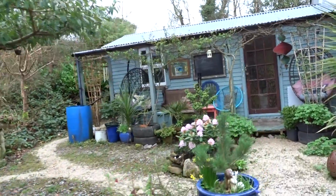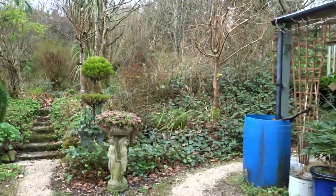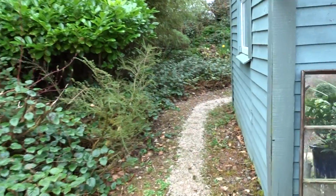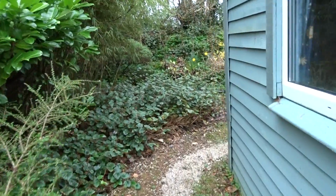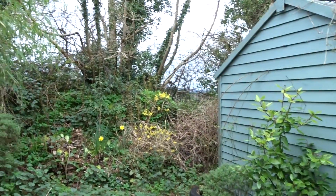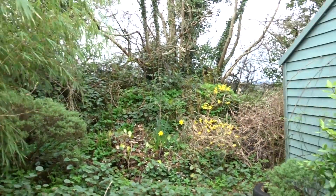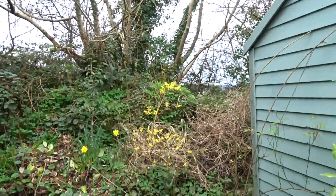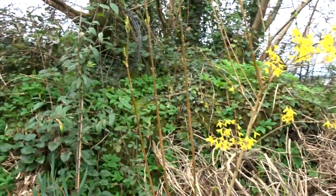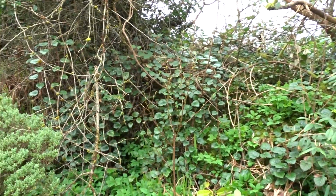I'll just take you around to the side where we started off our video yesterday. And this is the back of the she shed, and you can see I've done lots of planting along that bank. So I've got forsythia, cotoneaster, little birch tree,